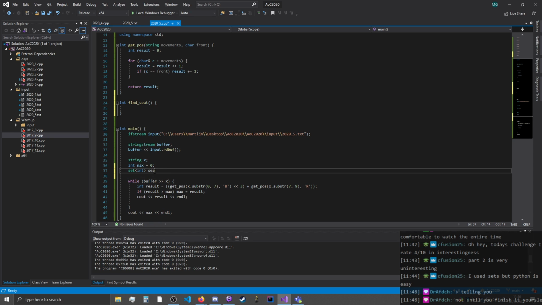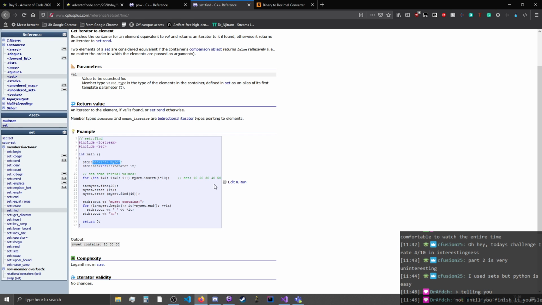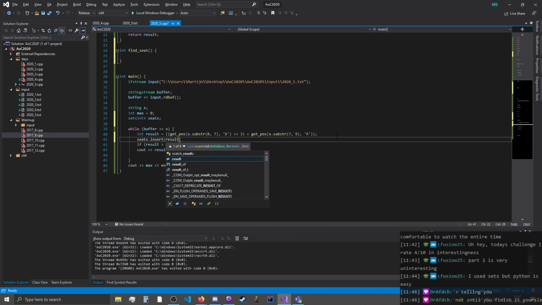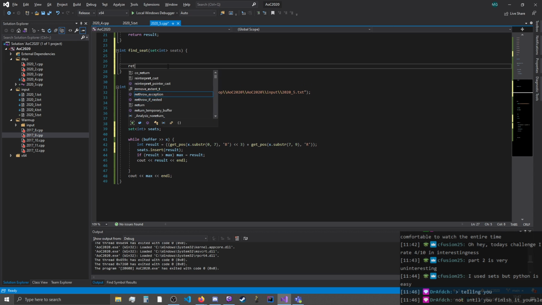Oh, seats. How do we insert it again? It's just insert. Yeah. So we do seats.insert results, and then we just set int seats. I'll just return 0 for now,